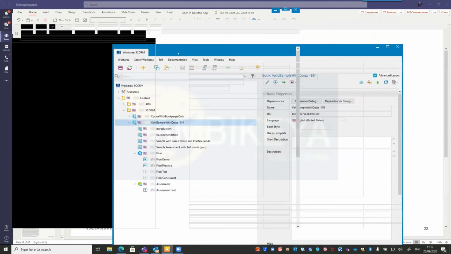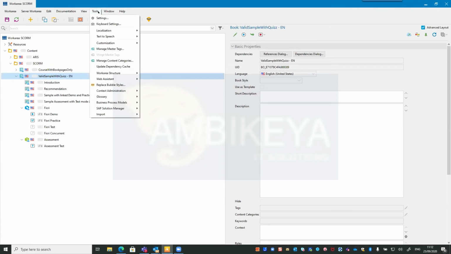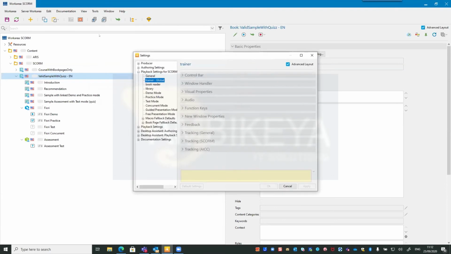I move it now into the window so that you can see it. Here's a typical SCORM course. I have some book pages. We have some simulations with a test, a practice and a demo mode, and here at the end, the quiz. Yeah, that's the structure. And if we want to activate the debug mode because something is wrong, you have to